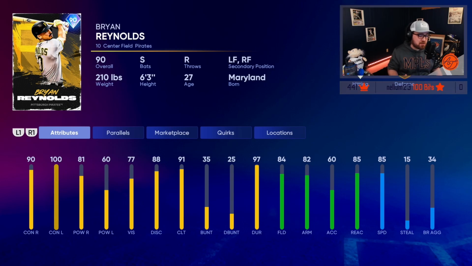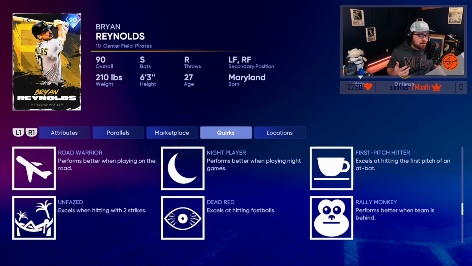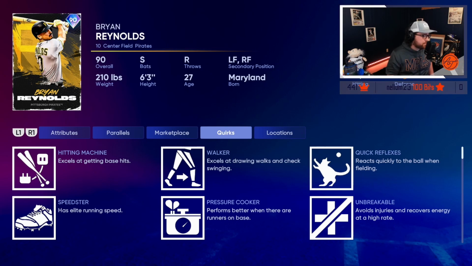You will be playing him in center field. You won't be playing him anywhere else, so don't think about left field or right field, but he's got decent fielding, decent speed, a very well-rounded card with an absolute laundry list of quirks. I mean, this Bryan Reynolds, if you're looking at quirks specifically and the ones that matter: